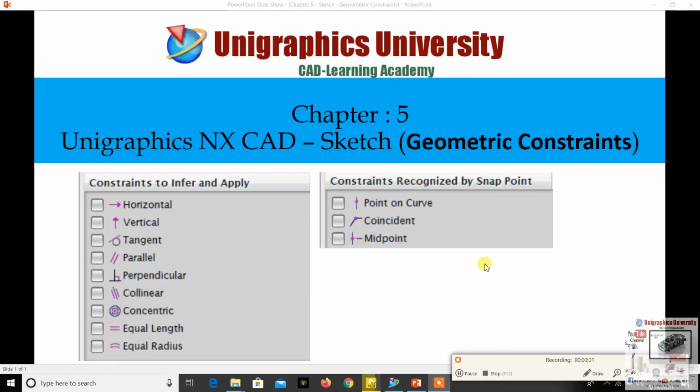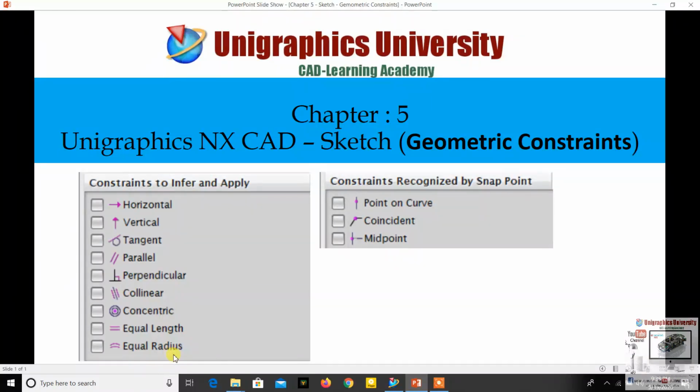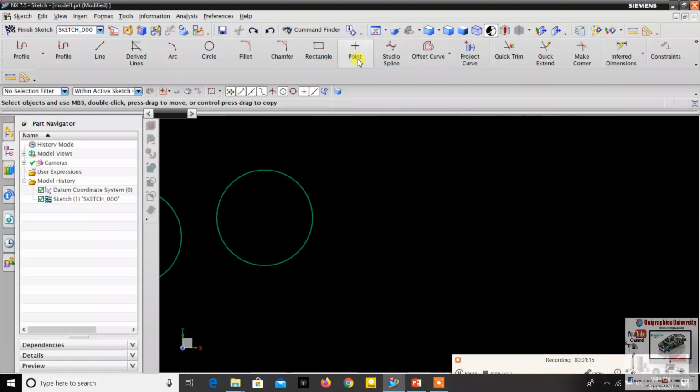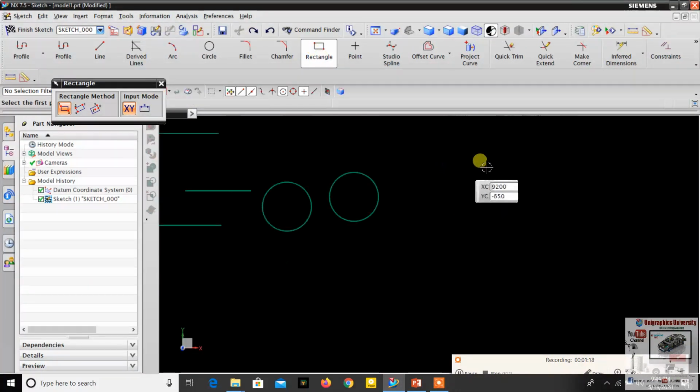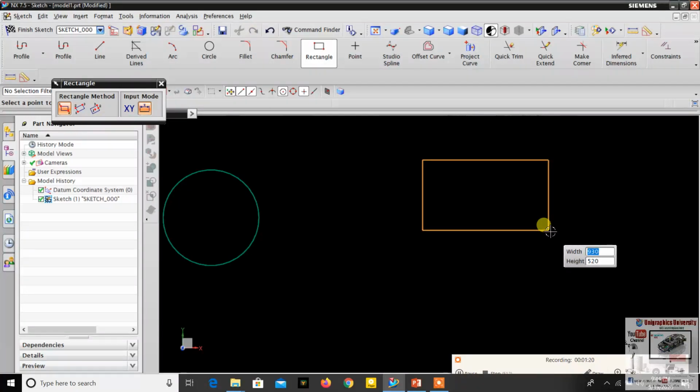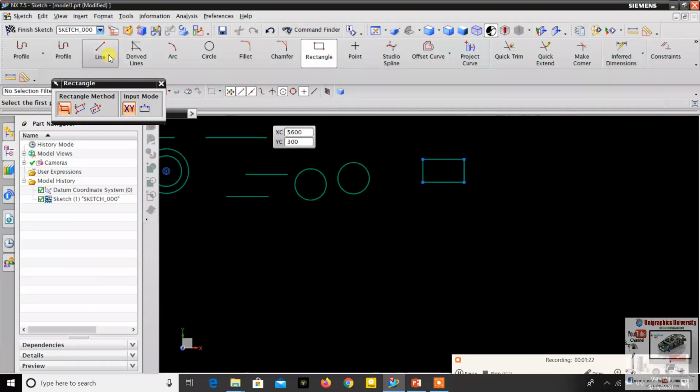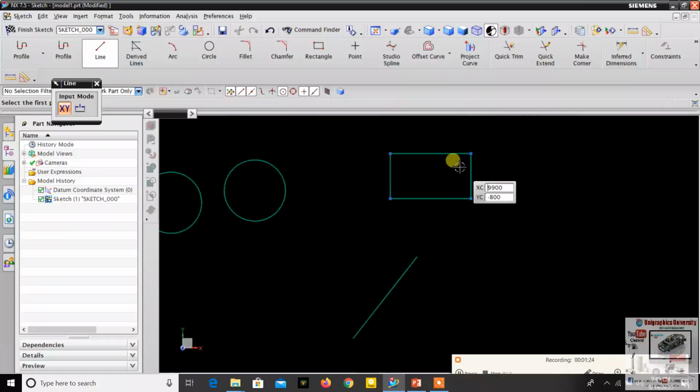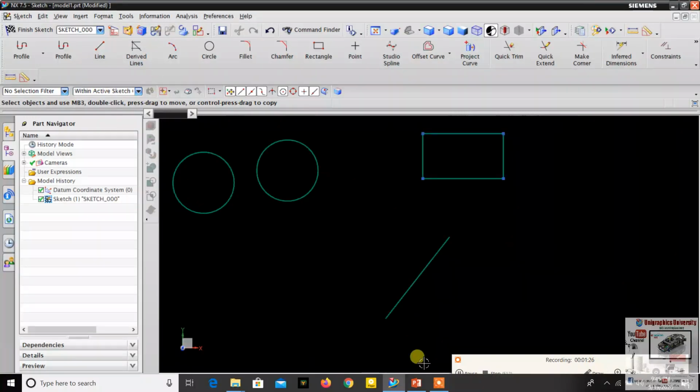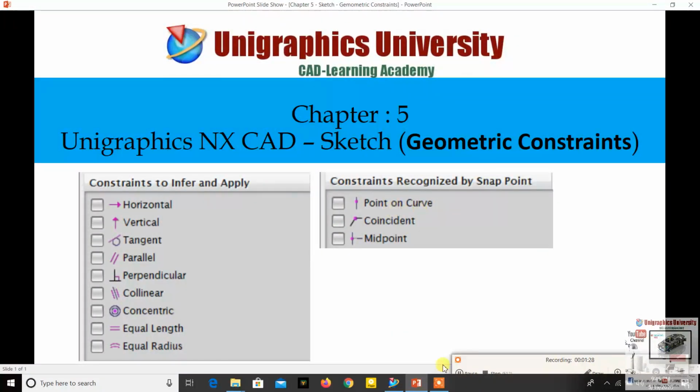The next one, constraint through snap point. The first option, point and curve constraint. I will make one rectangle and one line and explain. Here I have one rectangle and here I have one line. Okay, so this is the point and curve.